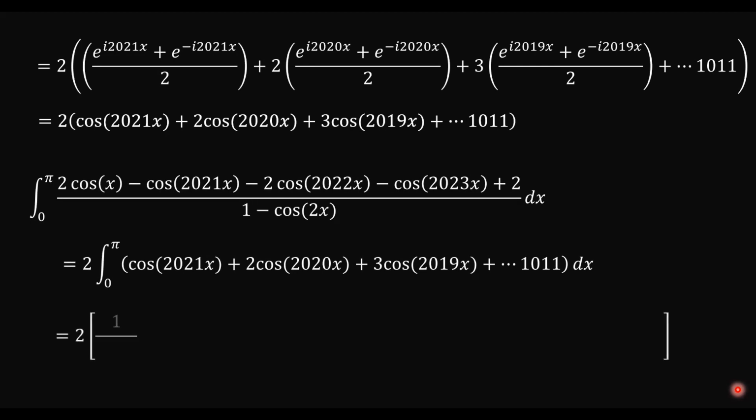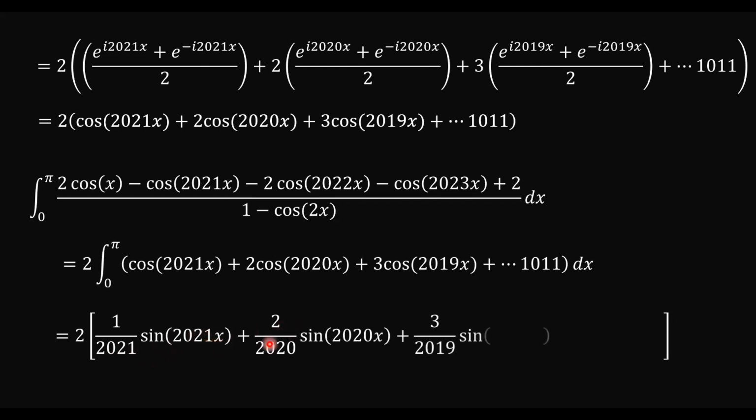So this means that the integral is, for the first term, 1 over 2021 sine 2021x plus 2 over 2020 sine 2020x plus 3 over 2019 sine 2019x all the way to the constant, which becomes